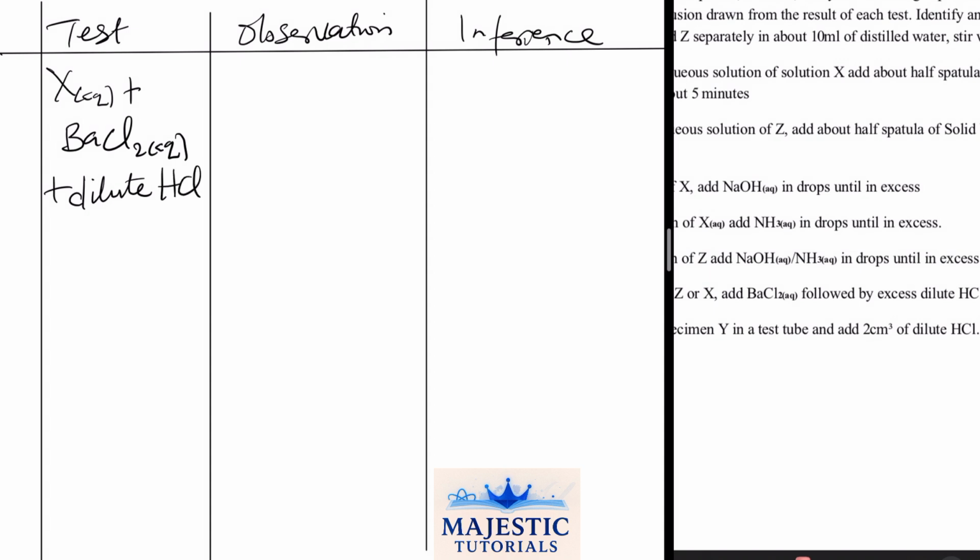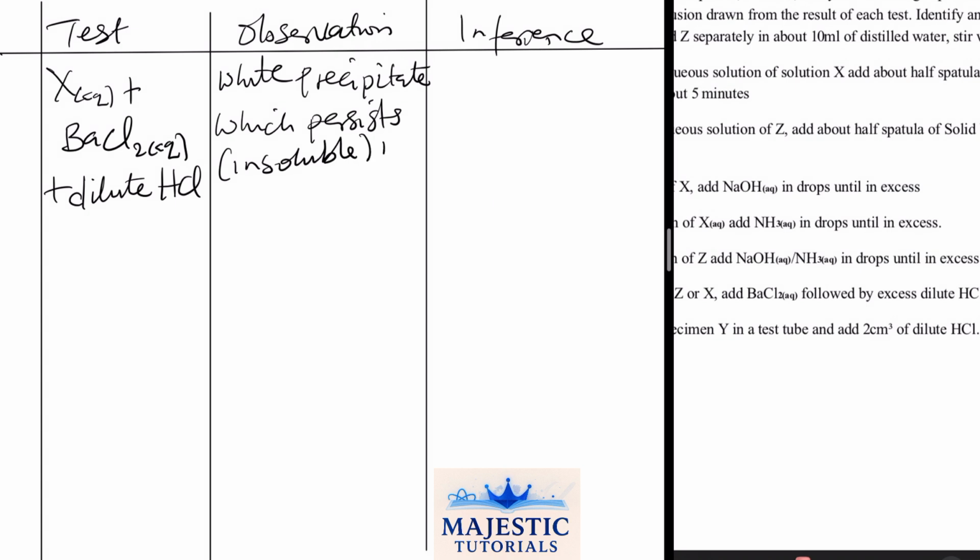You will just notice white precipitate, or white cloudy precipitate, which persists, that is insoluble in excess dilute HCl aqueous. Immediately you add barium chloride to any unknown sample and it gives white precipitate, you simply suspect or infer